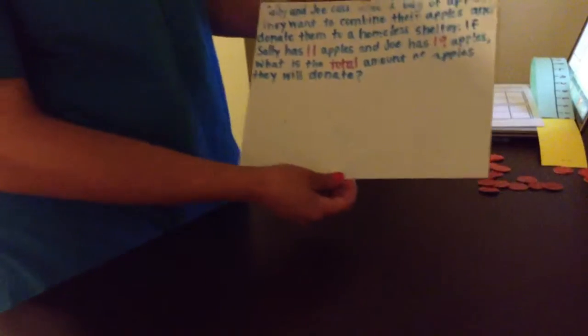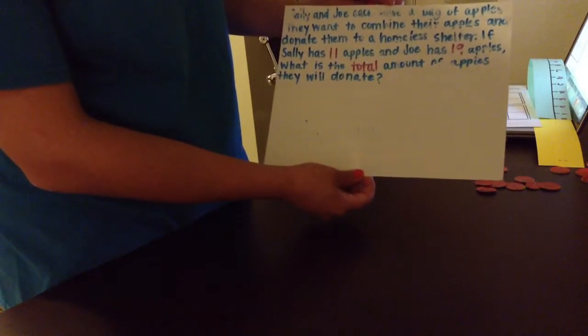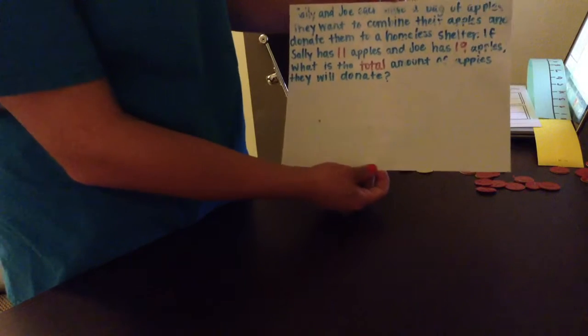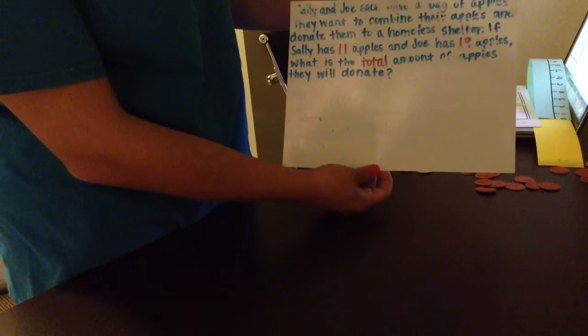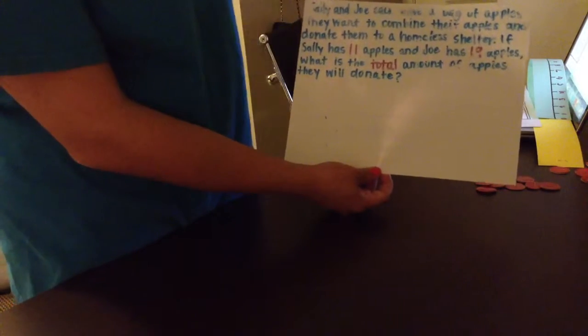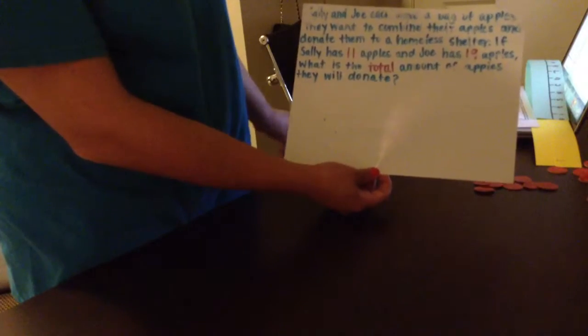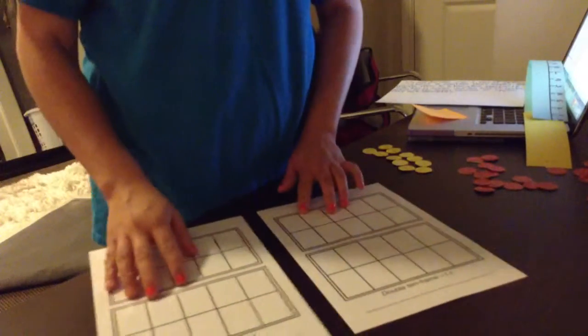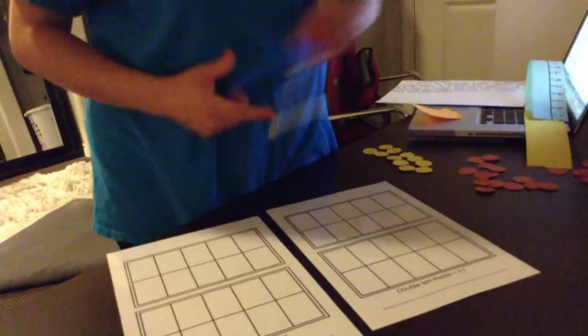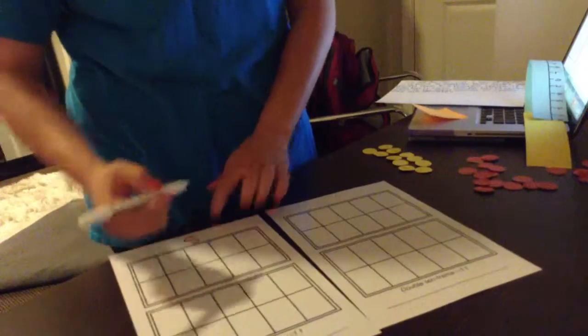So first, I'm going to start off by introducing the question, which is, Sally and Joe each have a bag of apples. They want to combine their apples and donate them to a homeless shelter. If Sally has 11 apples and Joe has 19 apples, what is the total amount of apples that they will donate? So first, we'll take these two double tin frames, and this tin frame will represent Sally's, and this will